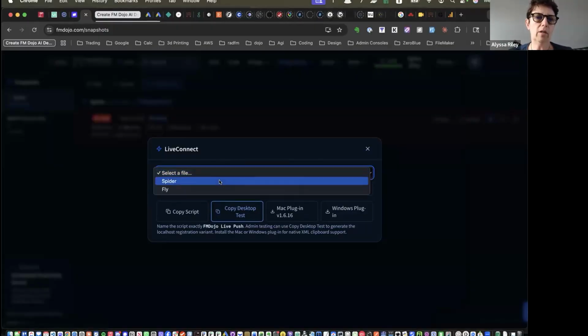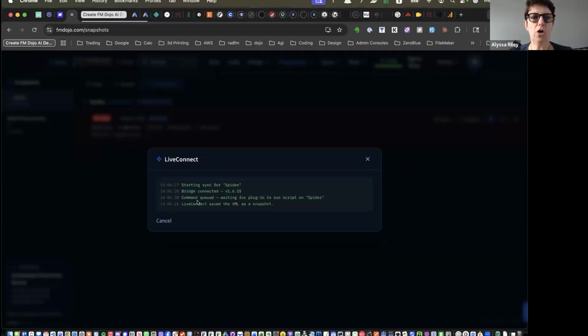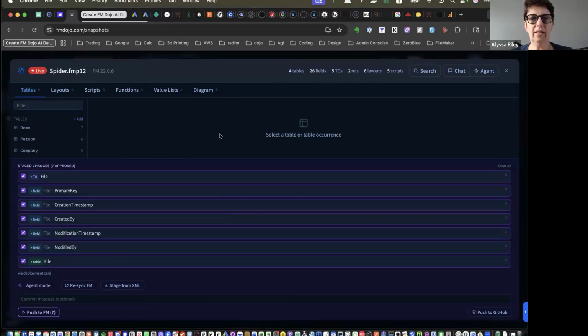Now, I'm going to select the spider and I'm going to connect the spider. Most places that have a function that does something like this will have that green line by line logging, so you can see what's happening. If there's an error, it's going to be red. It's going to be in English. It's going to tell you what's going on, so you can give it to me if there's a problem. Send it to the website. Send it,